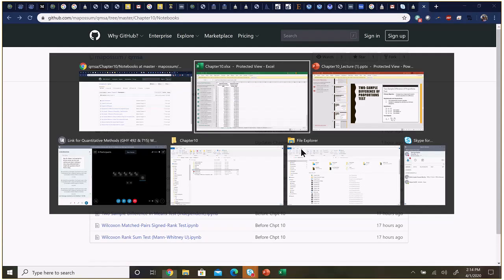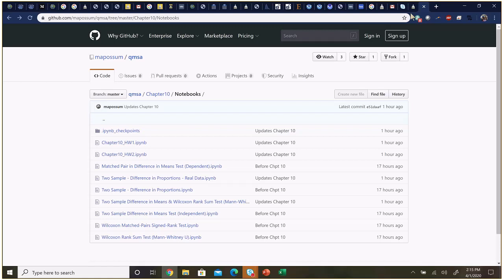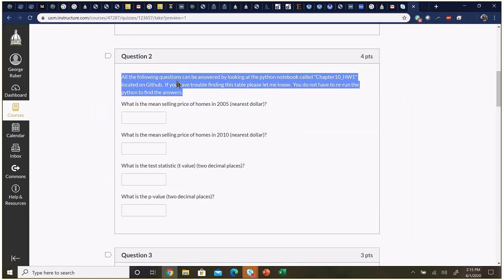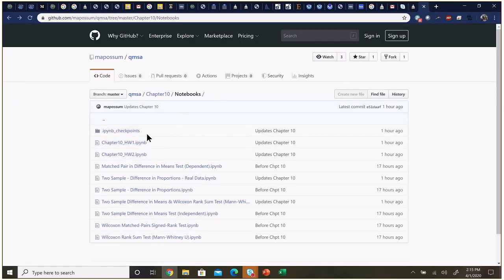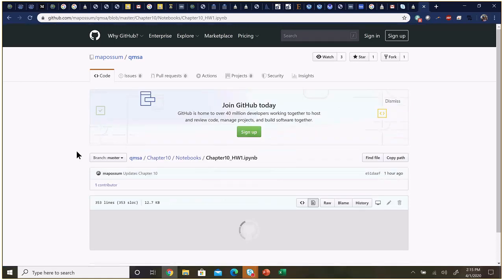What this is saying is, all the following questions can be answered by looking at the Python notebook called Chapter 10 Homework 1, located on GitHub. If you have trouble finding this table, please let me know. You don't have to rerun the Python to find the answers. So you go here, you hit Python Homework 1,